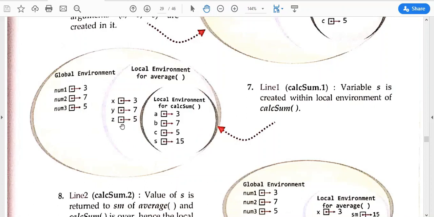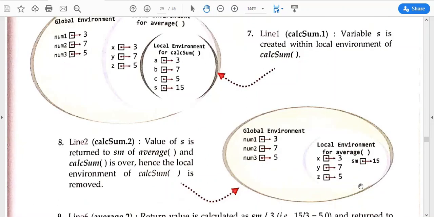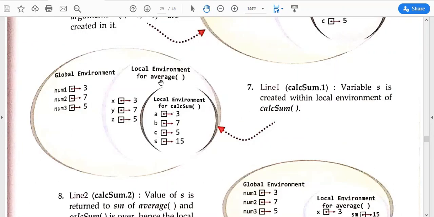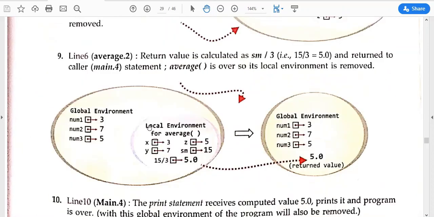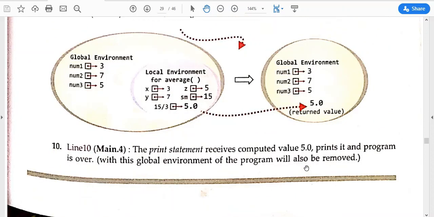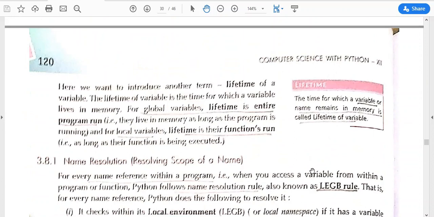When this disappears, you will get the result here. So similarly it will go. Okay, sm will be inside this average environment. Okay, this will disappear, it will come in sm, will come in average. Okay, fine, I hope it is clear. Finally this will disappear and you will get 5.0 here. Okay, so this was your program.